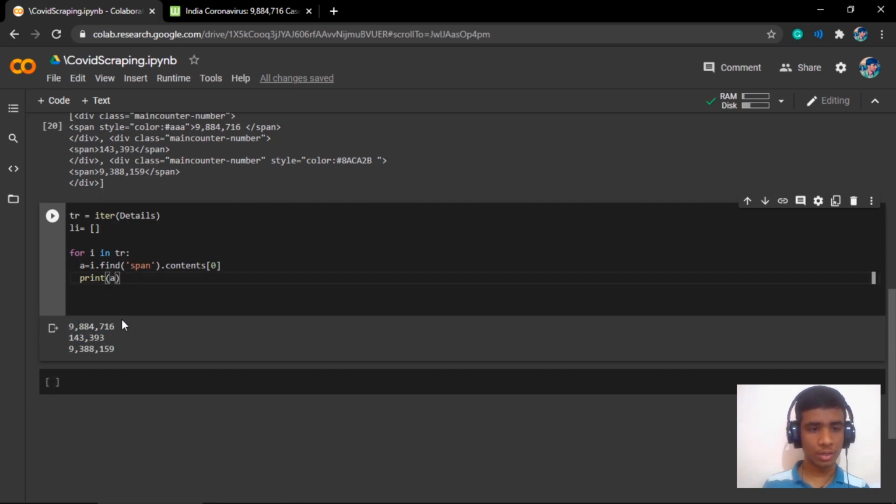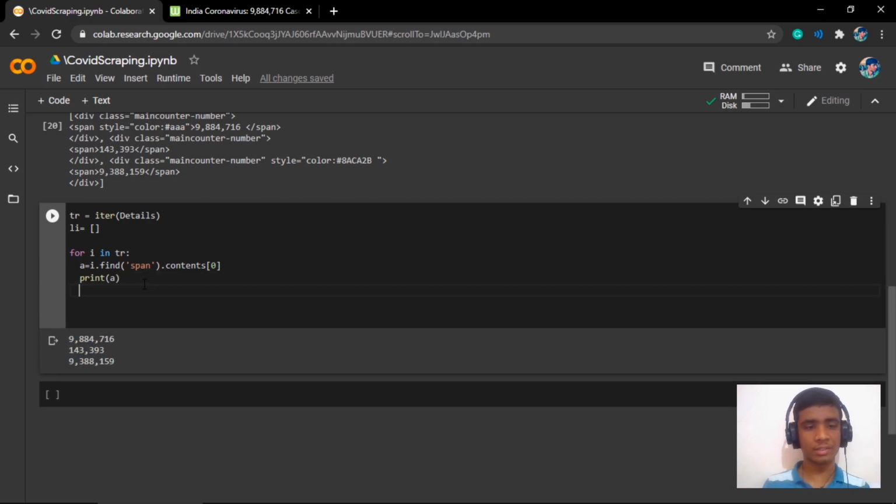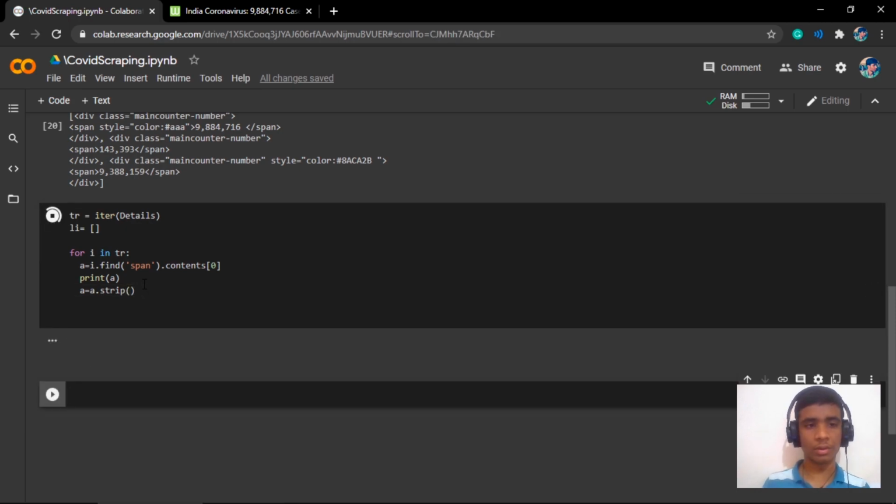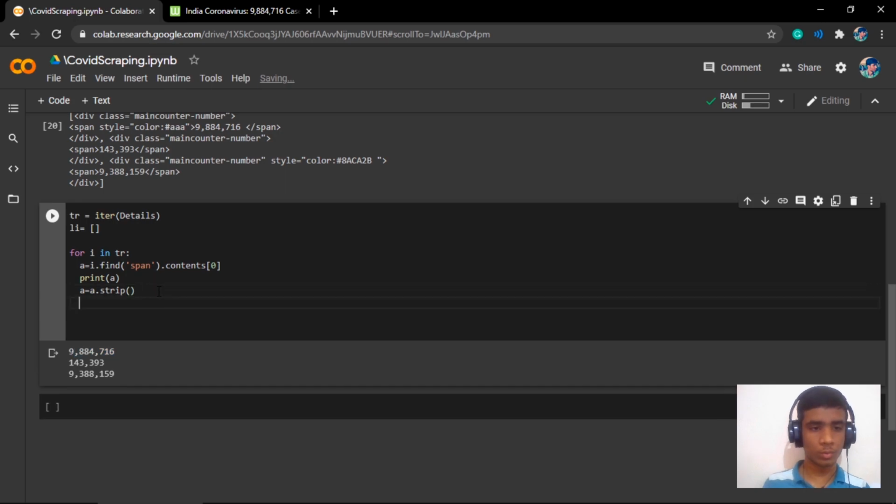But as you can observe, these are text, and there are some white spaces also. So let's clean the text. Let's say a is equal to a dot strip. This will get rid of the white spaces on the left and right, and we also don't need commas, right? a is equal to a dot replace of commas with null.